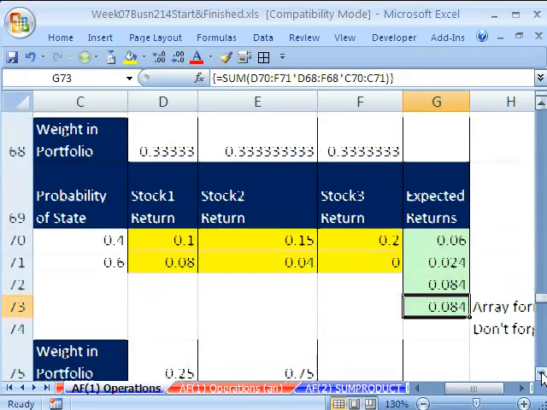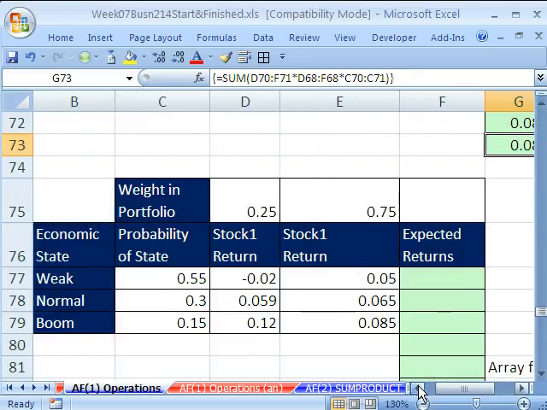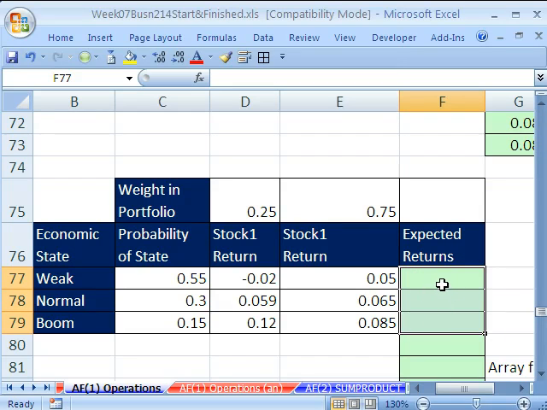Now let's try a different one. This one we have 3 states of the economy, 2 stocks, and 2 weights. I'm going to highlight all of these cells and do the long version first. Equals this times this weight, and I need to lock it going down, plus the next stock times, oh, I did that wrong,